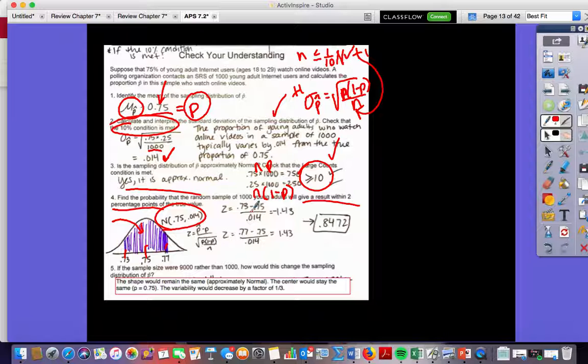Just remember, this is a big thing. Go back in the notes and in the podcast. This idea of the z-score equaling p hat minus p divided by the standard deviation formula, be familiar with that. That looks complicated, but you've done it before. It's just in a different context on this one here. Okay? Why did I have to get 2 z-scores? Because with a range of 2%. Exactly, range of 2%. It's not just less than, right? That's good stuff, Alex. Good work. So this would be the area that we would find either through normal CDF or through our z-score stuff there.